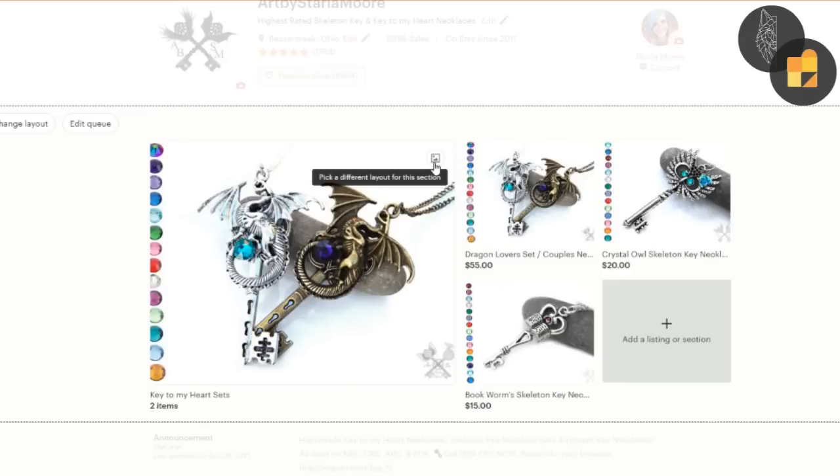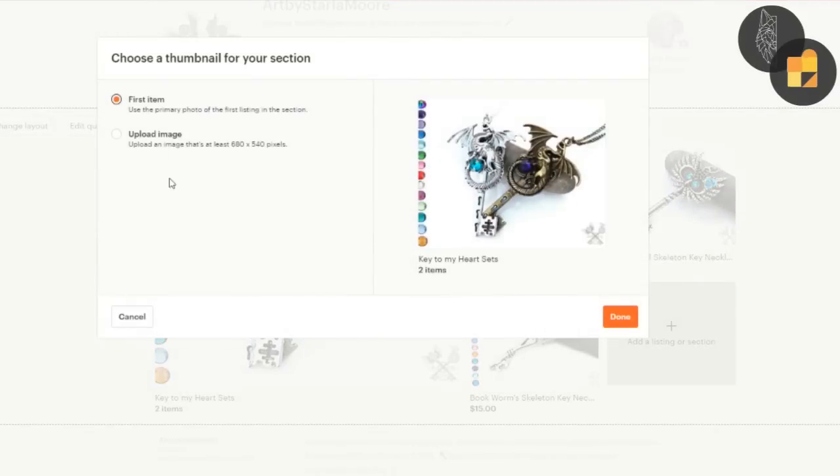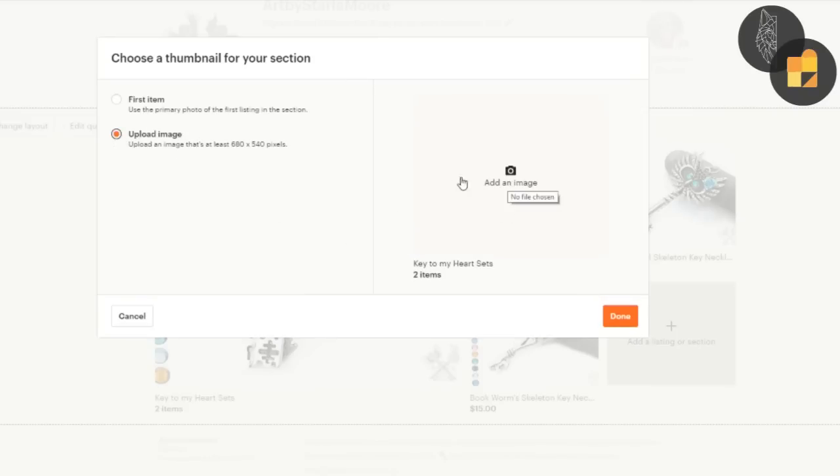But we can also go in and pick a different layout for this section, which will either show the first item in the first listing of the section. In this case, it is this particular set, or you can choose to upload your own image. Now, this might be really cool if you have an image with maybe, for example, in my dragon key section,